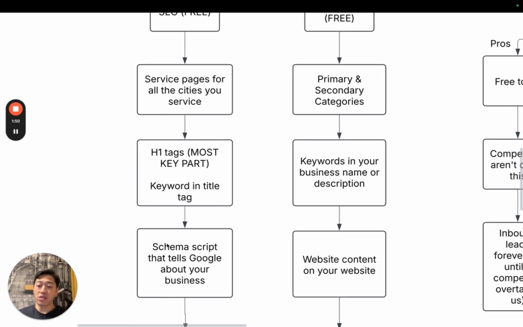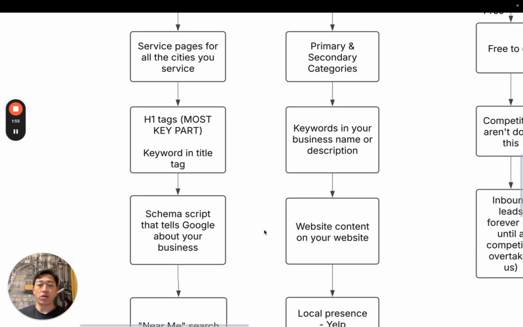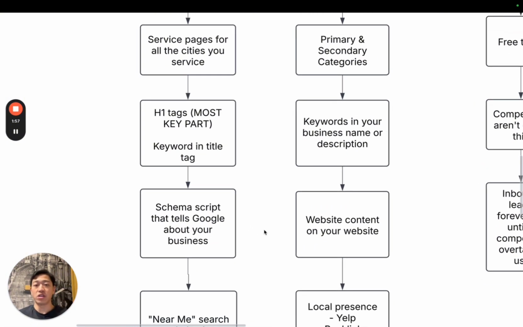On top of that, there's this thing with schema scripts that tells Google about your business. Whenever Google's crawling through all of the different pages of your competitors' pages, it's looking at what is the best fit for the person searching for this keyword. So whenever a homeowner searches for a keyword, you need to have a schema script where it'll show what service you offer, the price point, the different reviews you have, the hours that your business is active in, and also the